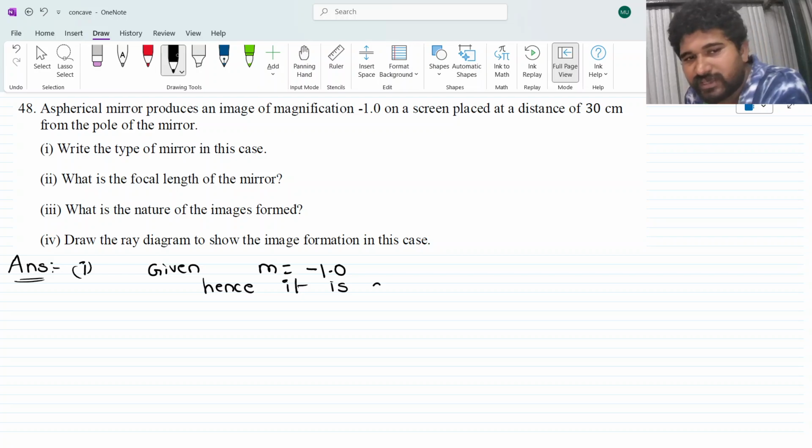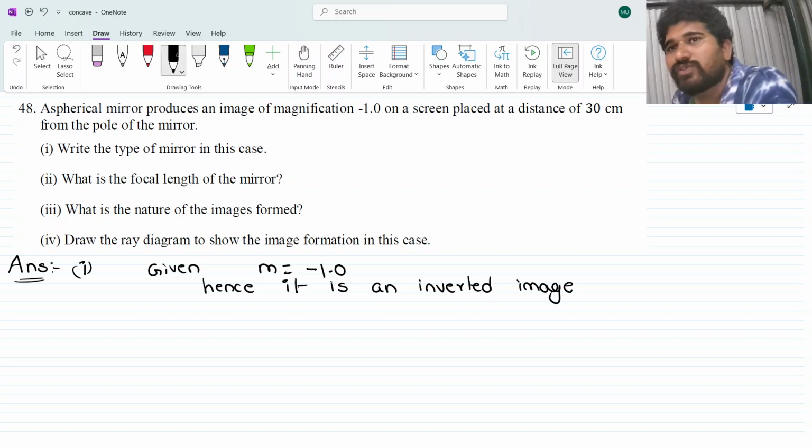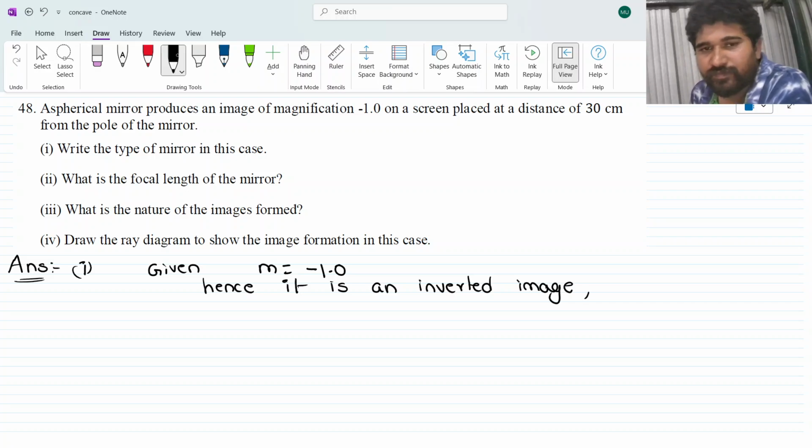Hence it is an inverted image. Yes or no? So inverted images can only be formed with the help of concave mirrors. Yes or no? So you have to write, therefore, you have to write